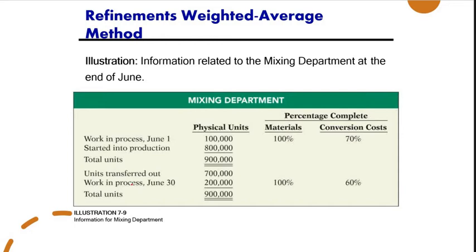Ito na yung sa transfer niya. Okay? So, natapos na tayo doon as to conversion cost, 70%, which includes only the labor cost and the overhead. Then, nung nag-transfer na sila, at the end, June 30, meron tayong automatic, the materials, 100%. And as to the labor and overhead costs, 60%. So, we then use the mixing department information to determine the equivalent unit. So, in computing equivalent cost,